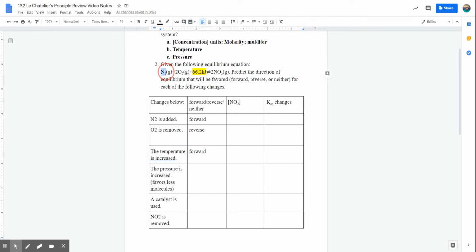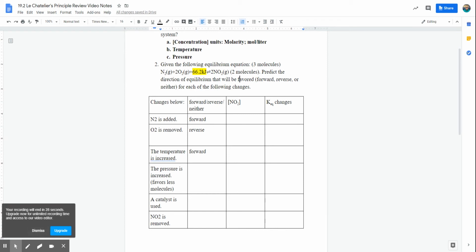So on the left-hand side, I have 1 molecule of N2 plus 2 molecules of O2. So on the left-hand side, I have a total of, and I'll put this in parentheses, 3 molecules. But on the right-hand side, I only have 2 molecules. So it's going to favor the side that has less molecules. So in this case, if I increase the pressure, right, it's going to favor the side with less, which would be the forward